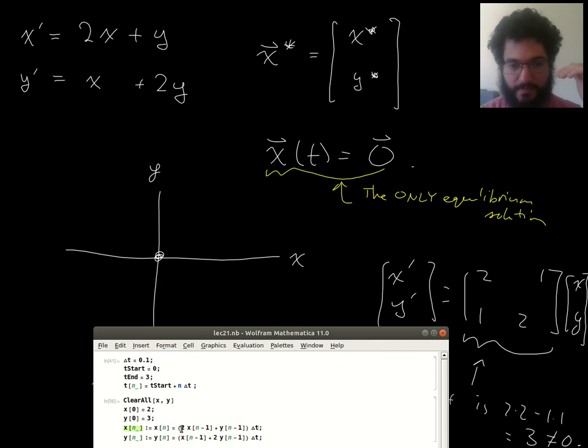Look here. To get the nth value of x in the table, what you do is you take the previous value of x and the previous value of y, and you combine them in this way. So you go 2x plus y. That gives you an estimate for dx/dt, right? Or it gives you an exact value for dx/dt if this were an exact value for x and if this were an exact value for y. So this is dx/dt. Now multiply dx/dt by delta t, the time step, and then you get